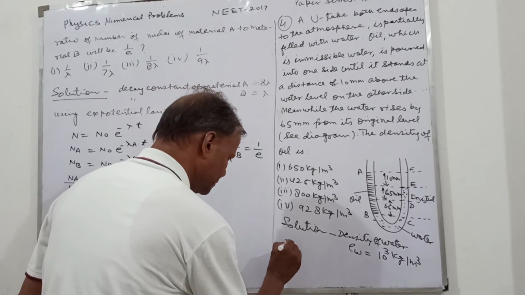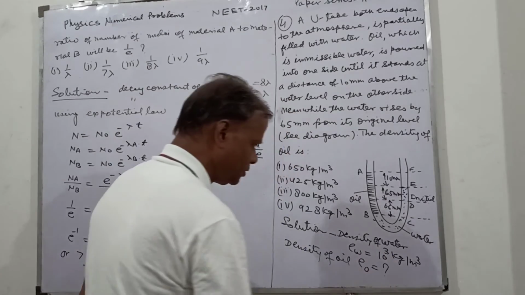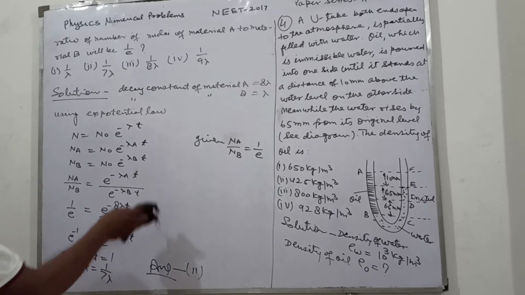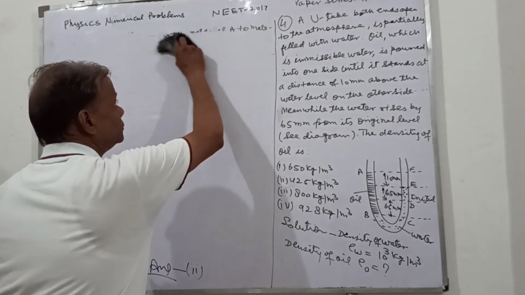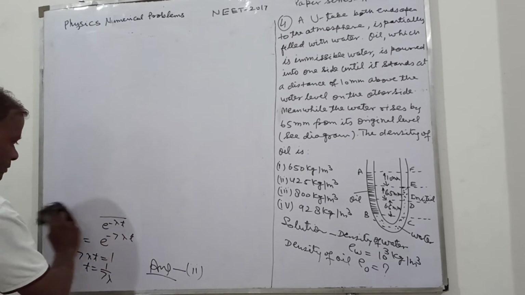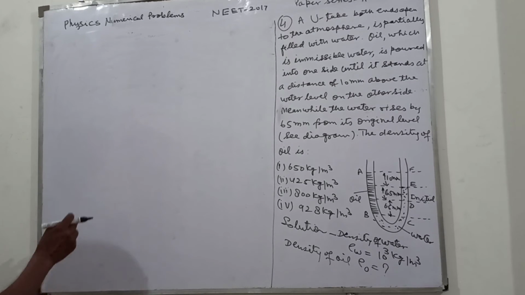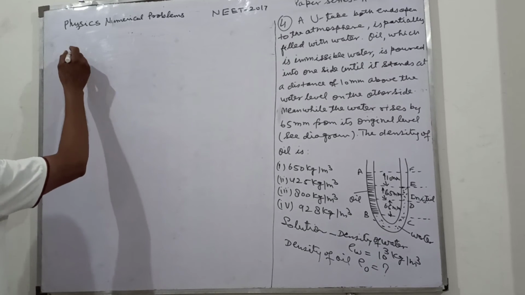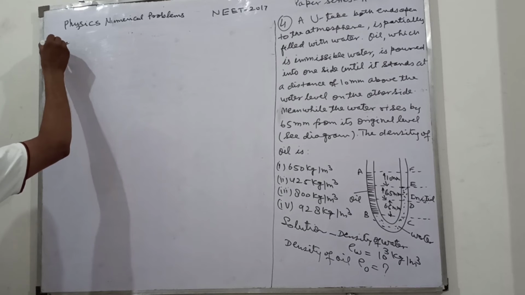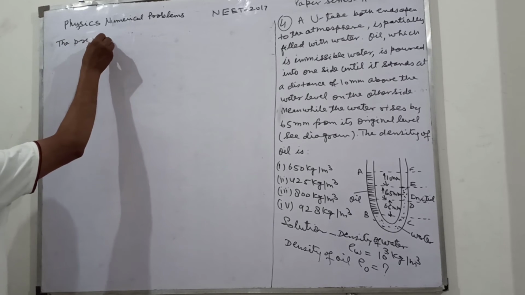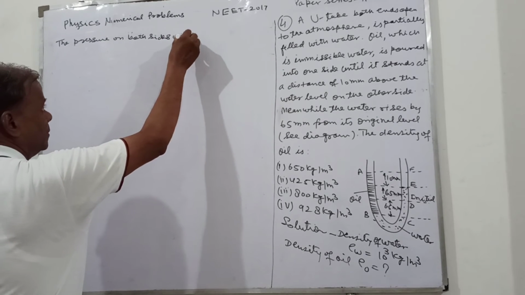And the density of oil, rho oil, you have to find. So the pressure on both sides will be